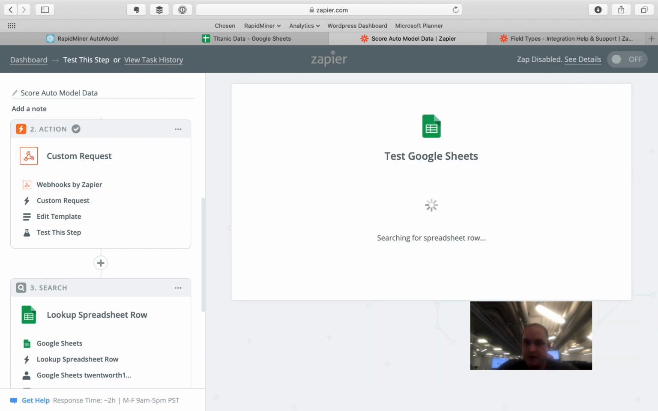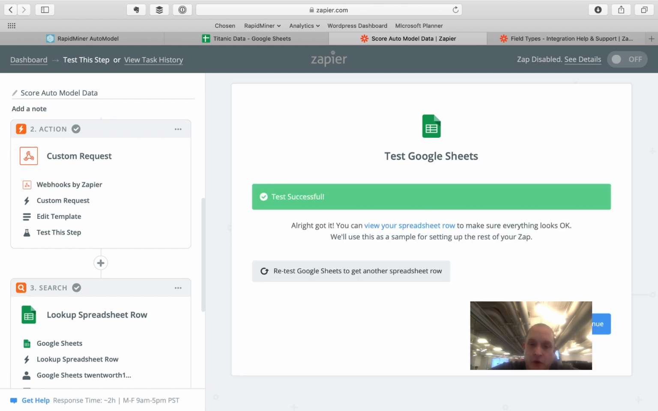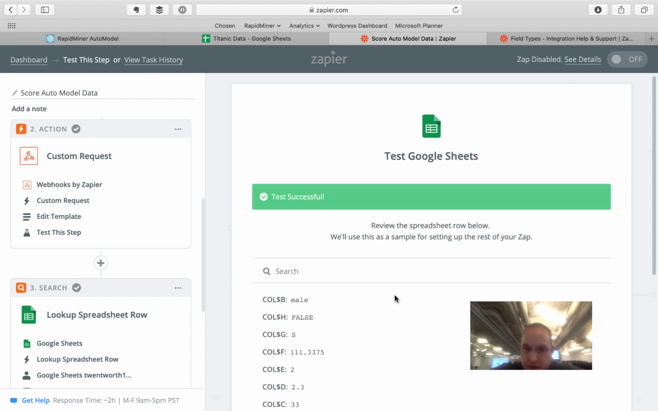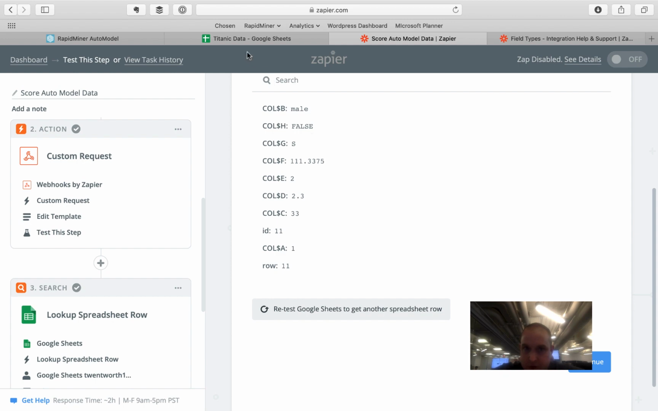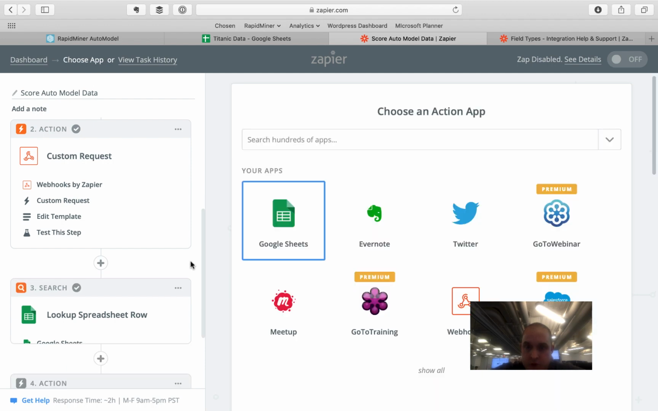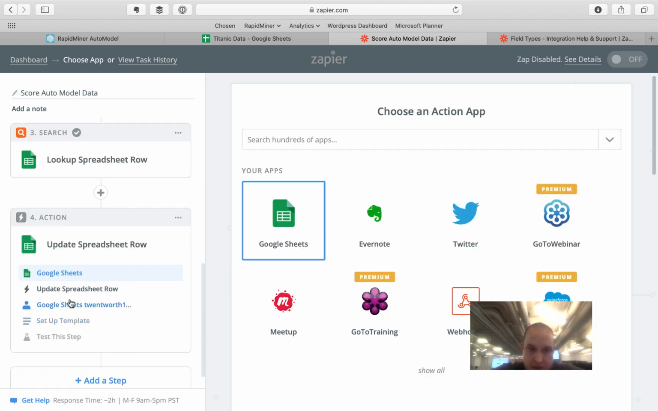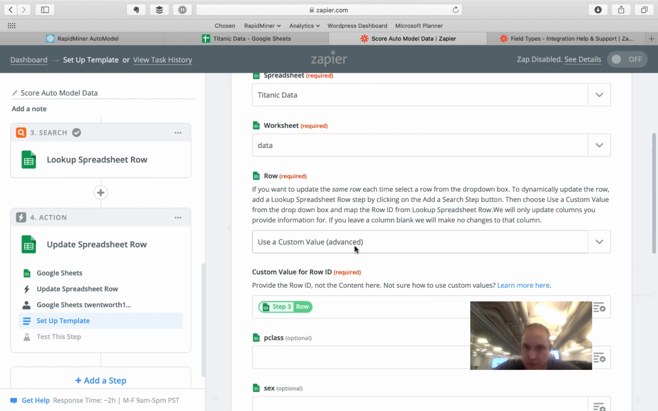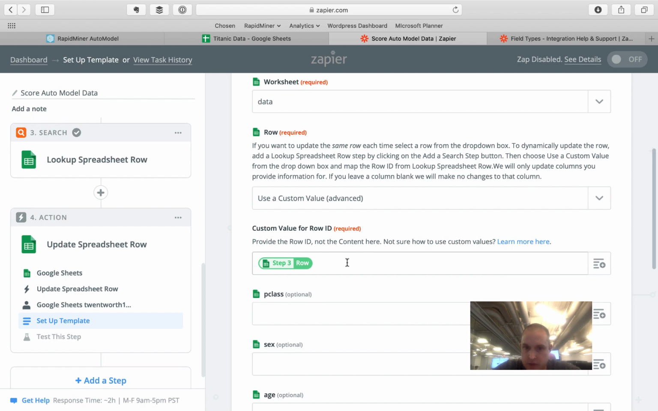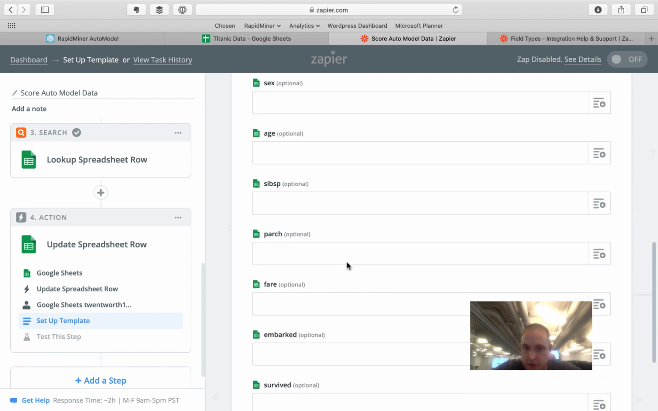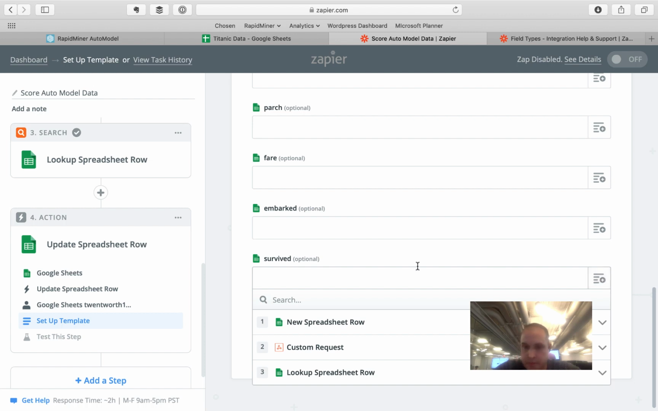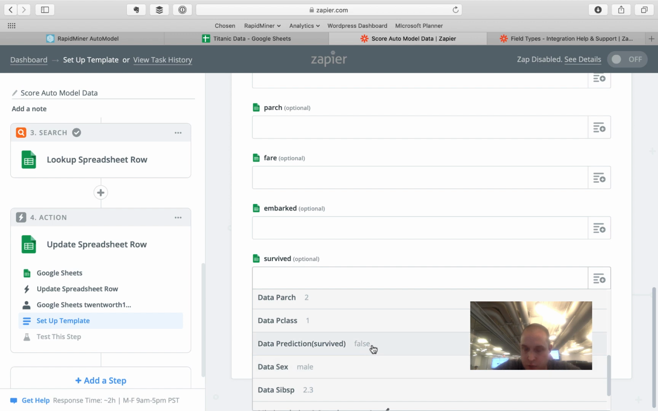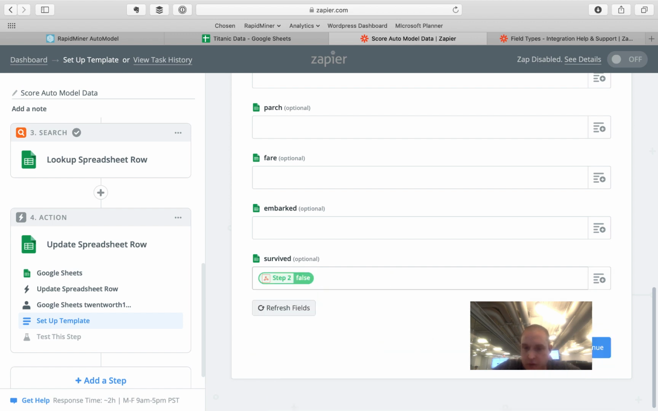In fact, if we go ahead and test it, it should find the latest row number. So you can even look at it here. There it is, perfect, row 11. See, we've got 11 rows, that worked. And then once we found the latest row, we'll go back over to update it. So I'm going to go back into here, and I'm going to say there's the row we want to create, and custom value for row ID, so we talked earlier, and I'm going to go all the way down here to the survived column, and I'm going to grab the survived prediction that we received back from AutoModel, hit continue,